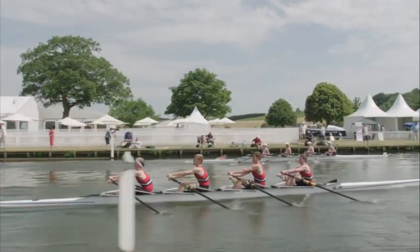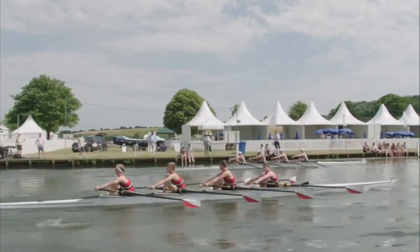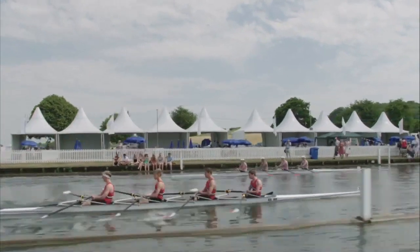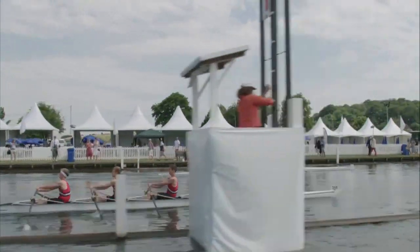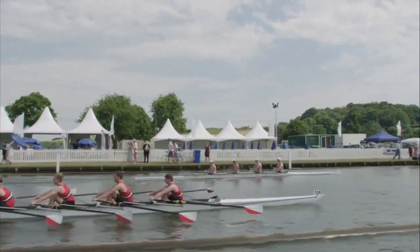Yeah, that's a great shot from the side. And the thing about these two crews, they're exactly the same average weight. The athletes in the boat get weighed in before they race, or a day before, and the average weight of both crews is 11 stone 13. So there is nothing between them. It'll be a technical thing that's the difference between these two crews, or the program they follow, or the mindset